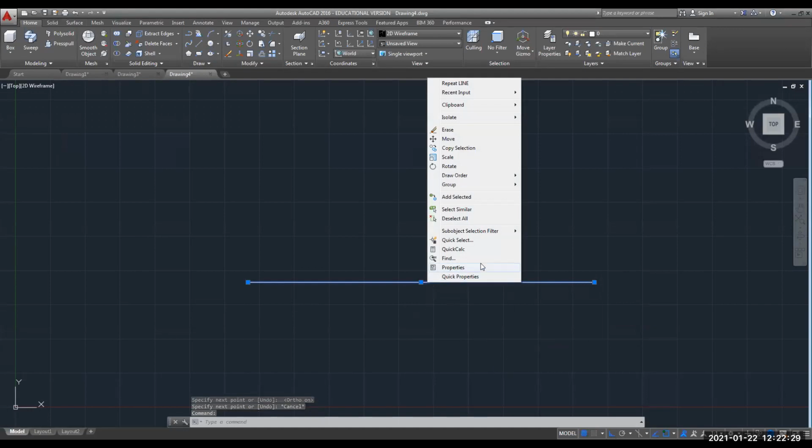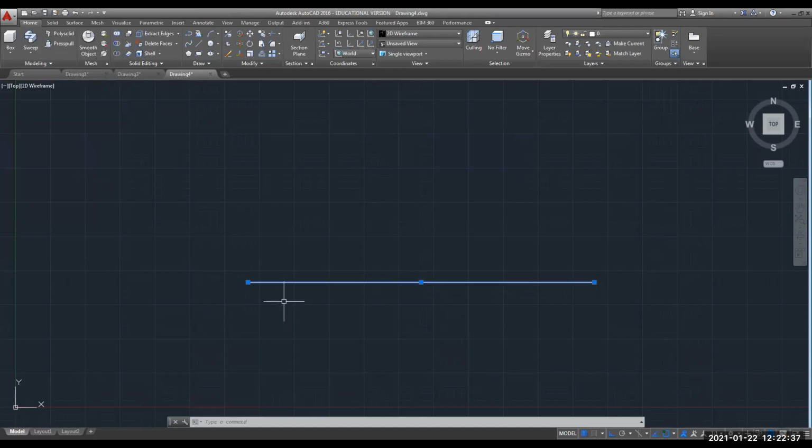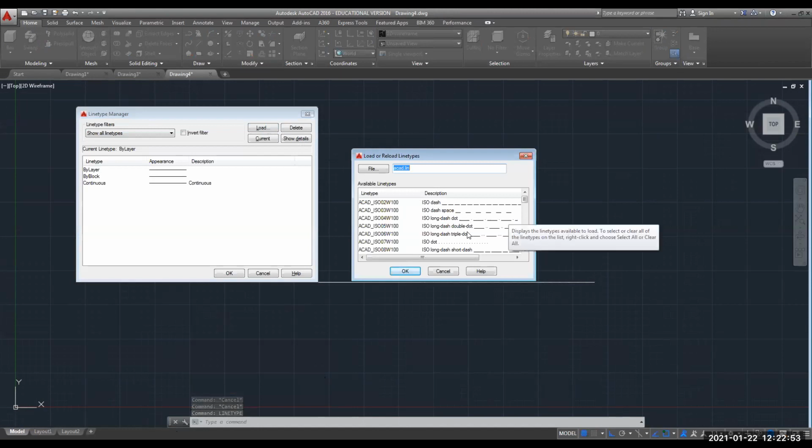I hope you all remember how to convert this line type. Here it is not visible. Which command do I have to use to change this line type? Yes, the command is linetype. Type the linetype command, load it, and you can select the center line from this list.